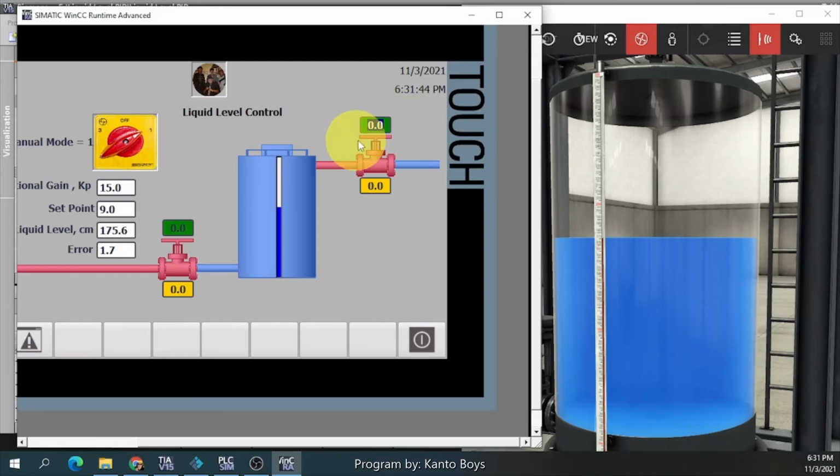So the operator now can fill the tank or drain the tank manually.